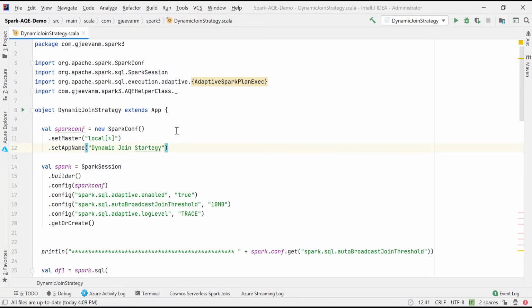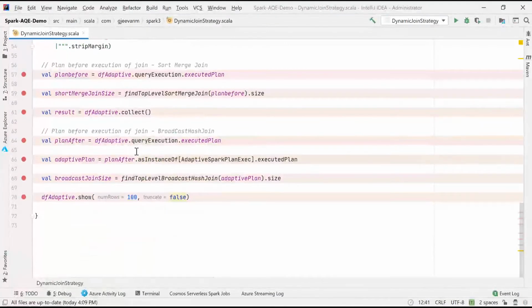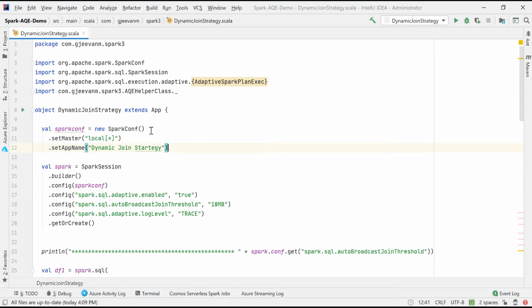Hi everyone, welcome back to the demo. In this demo I'll explain how Spark changes sort merge join to broadcast hash join. Before I explain in detail what is happening under the hood, I wanted to let you know one thing. This project link I've given in the video description. You can click on the link, navigate to GitHub, download the project and import it into your IDE to run yourself and check how the code is working. So that is the info which I want to pass. Having said that, let me deep dive into the code and explain what is happening.